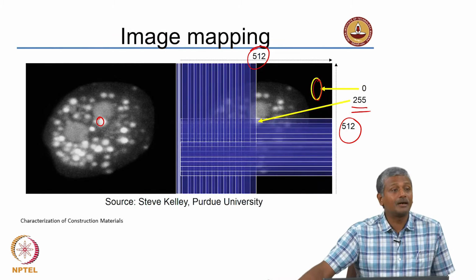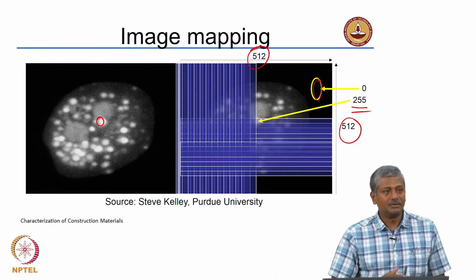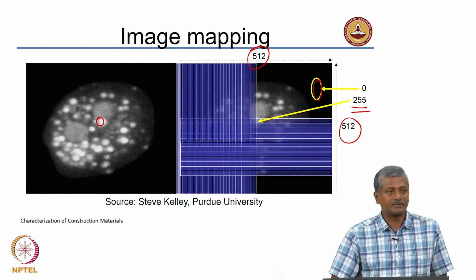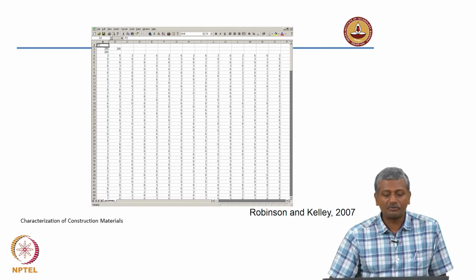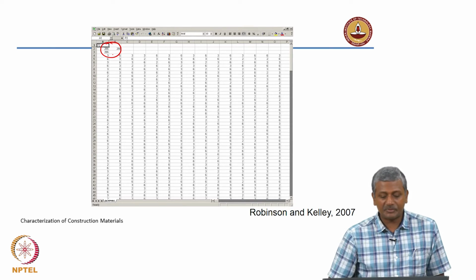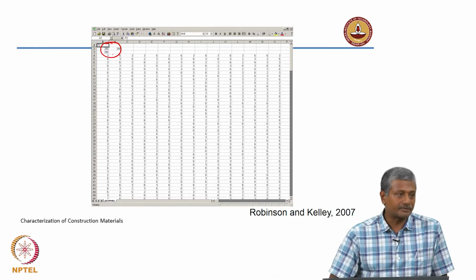So, if you have to operate in color, your pixel size becomes very huge, and then you need to really have the right computing resources to do those kinds of operations. So, converting to grayscale is much easier because you have a limited number of possibilities in terms of gray levels, and then you can assign this quite easily. So, this is an actual 255 by 255 matrix that has been given here. Okay, this is all of course composed of very low values. So, that means mostly a dark image has been produced in this case. So, this is just one sample, one part of the entire matrix.